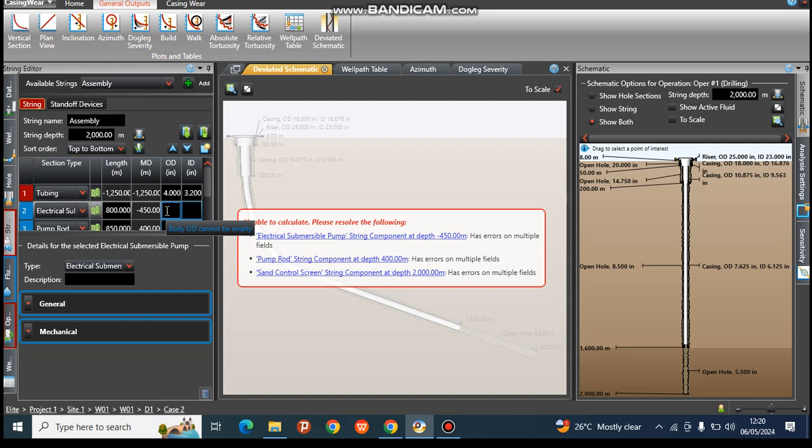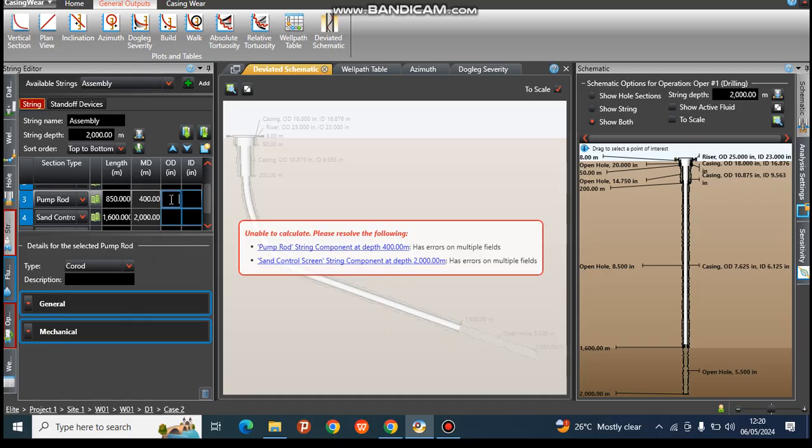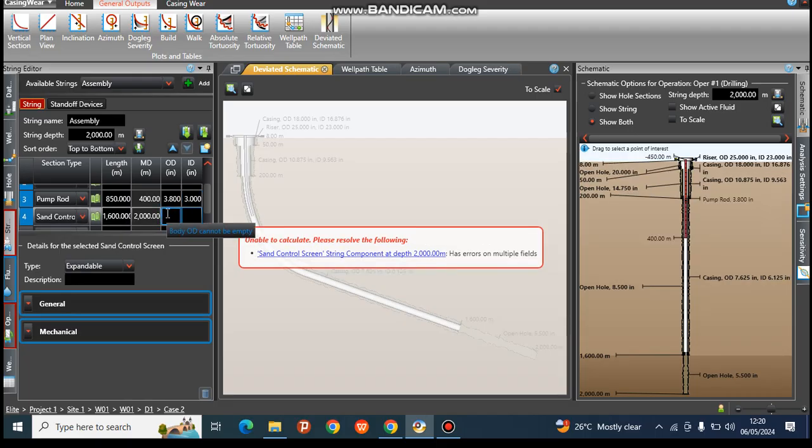So what is the inner diameter, outer diameter of our ESP? You can use 4, and then we can use 3. These are rough figures from my head, so you have to follow the program. So the pump rod can be using 3.8, and then this is 3. Sand control can be up to 4.2,